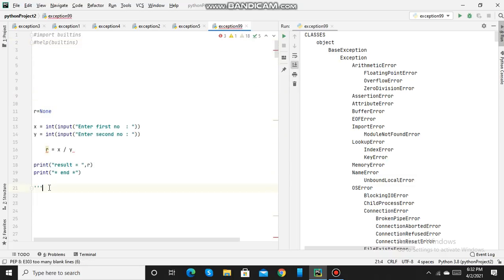Now we will see how to handle this exception using the try except block.